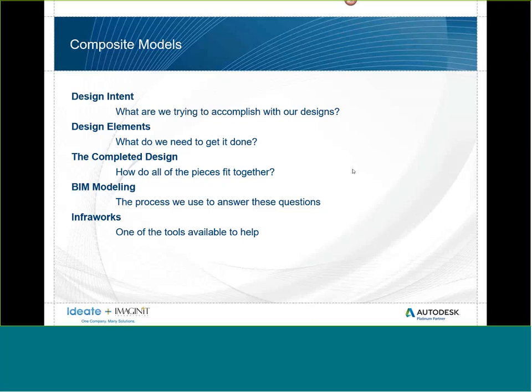The BIM modeling process is what the industry has gone through and is now what the industry is relying on to help us answer the questions more efficiently. It's not just plans, it's not just pieces of paper or printouts of plan sets that we deliver over to the contractor and wait until they go out and decide how they're going to build it to find out if there are issues. We're creating these virtual models and BIM models so that we can try to preemptively find all